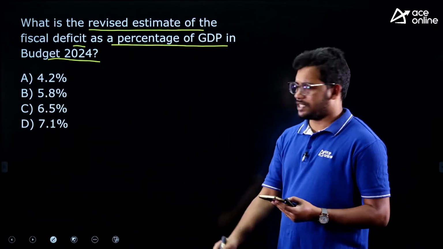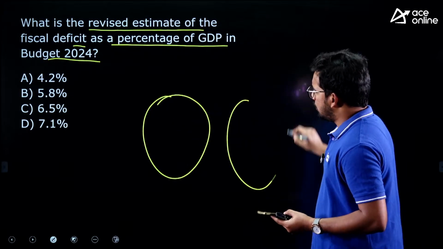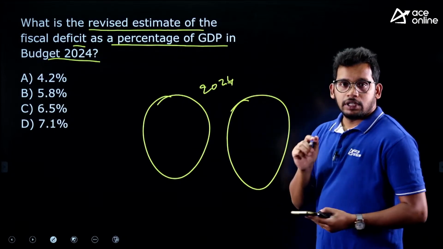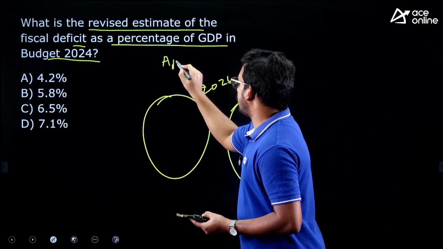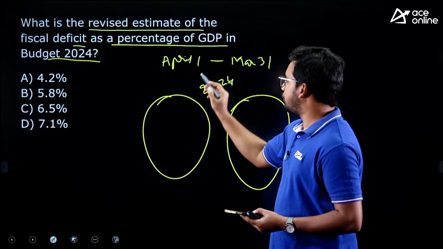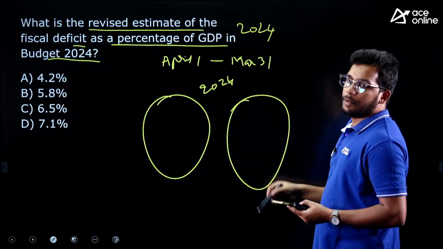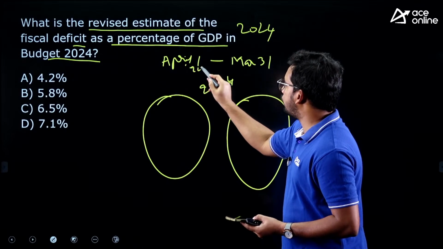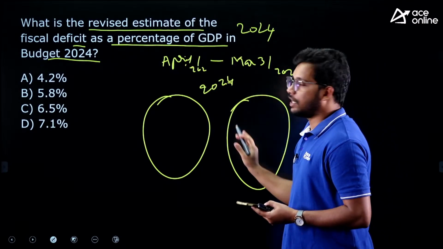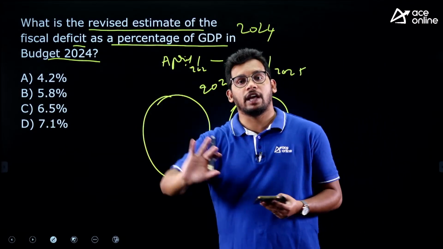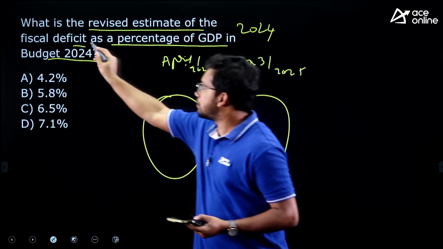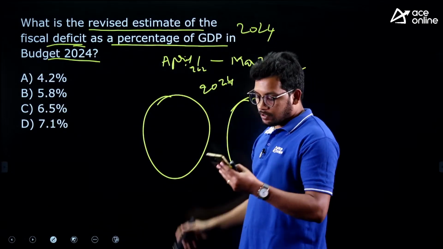Now what is fiscal deficit? Understand this. Say for example, financial year means April 1 to March 31. So if the financial year 2024 means April 1 2024 to March 31 2025, next year. So in this one financial year, how much extra funds you are taking as a debt? Whatever debt you created in 1 year is called fiscal deficit. So as percentage of total GDP,